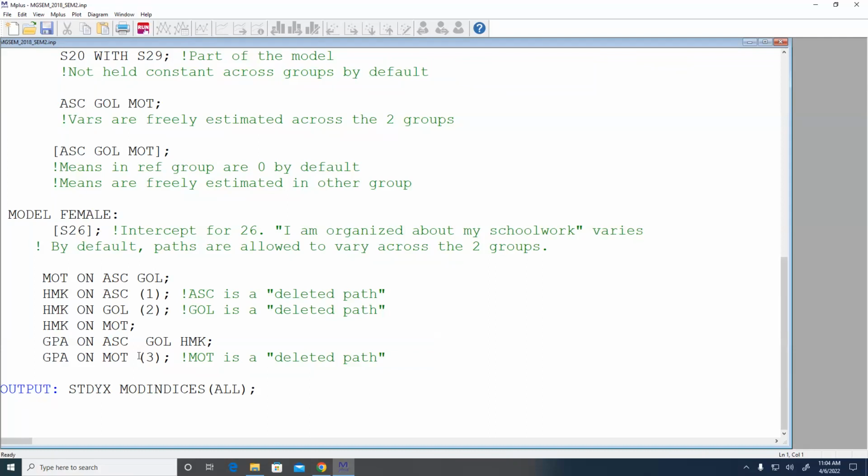Degrees of freedom. Okay, so clearly not statistically significant, right? Chi-square is virtually identical, but I picked up degrees of freedom. So I can constrain paths to be equal across the 2 groups. Again, you should always be thinking as you're doing models. You should be checking your output, but also the first thing you do is check your degrees of freedom, right? I made 3 constraints.